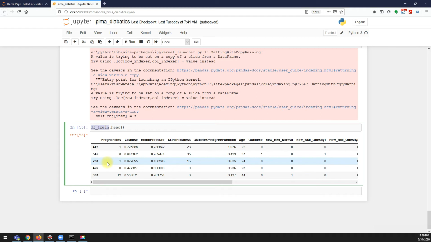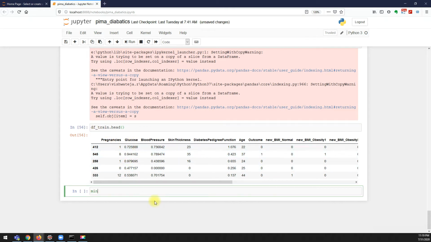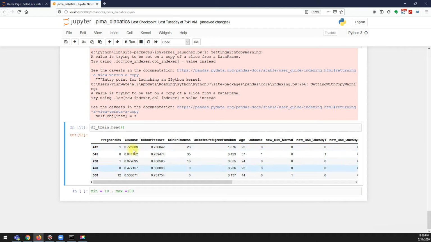on our training data set, and whenever we use the test data, or the data that comes in real time after model deployment, we'll apply the min max scaler values that we calculated on the training data to the unseen data. Let's say for this particular column, glucose, the minimum value is 10 and the maximum value is 100. I'll apply this to each and every row of glucose in the training data set. So I said min value is 10 and max value is 100. Based on this I calculated each and every row, and I got these results.